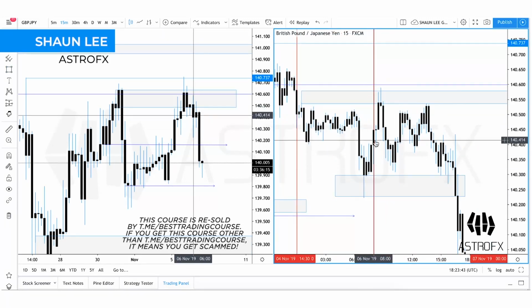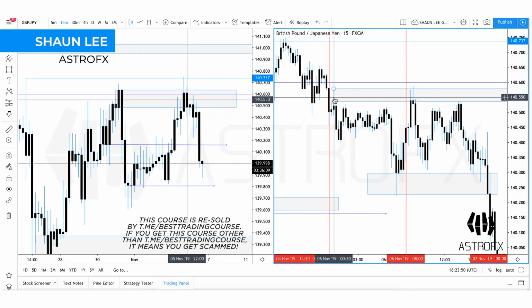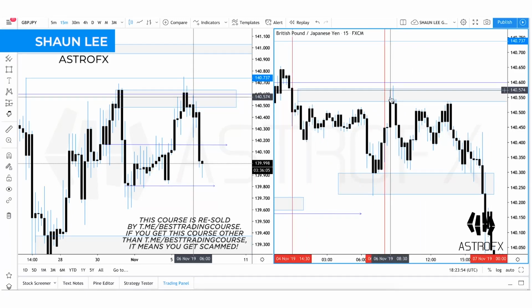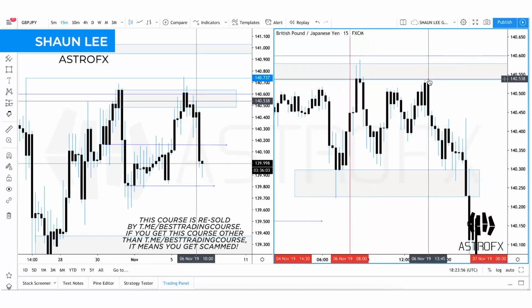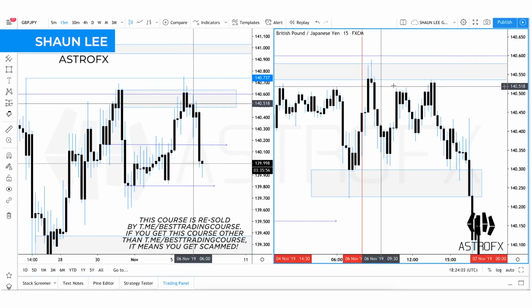On the Asia Open, we ran back up, and what did we test? Oh, sorry, on London Open, what did we test? We tested the Asia high, just here, once, okay, and then earlier on, we tested the lower boundary of it right there, with the bearish engulfing that brought the price all the way back down. Now this test,